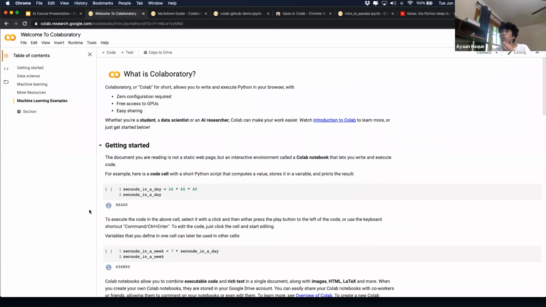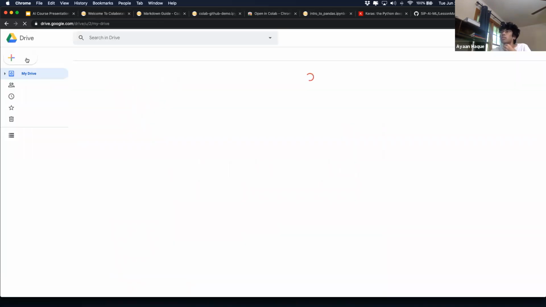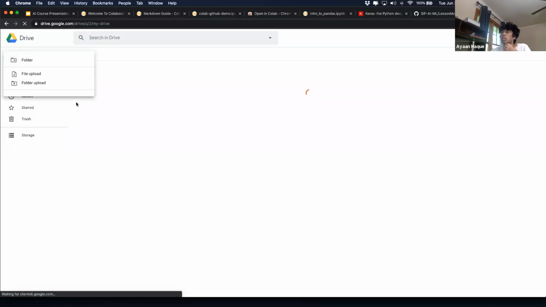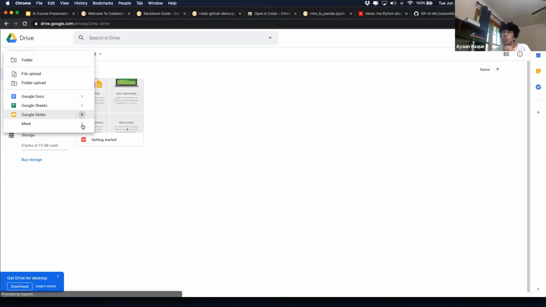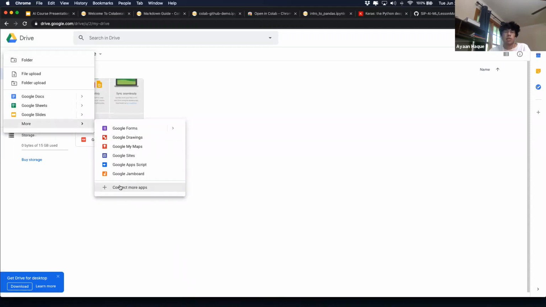And I think it will take you over here, right? Yeah, so you have to do plus new, and then, let me go back. Sorry, mine is a little bit slow. You're gonna do plus new, and then connect more apps, and you're gonna connect Google Colab. You said my page is not loading. Yeah, what page do you mean? If you guys have any issues, please just unmute yourself. It'll be a lot easier and a lot faster for us to do it that way.